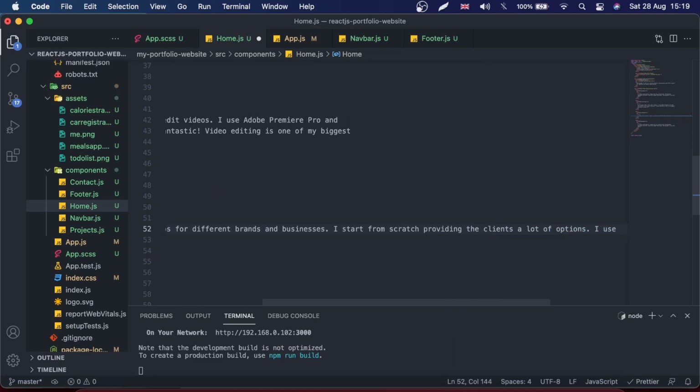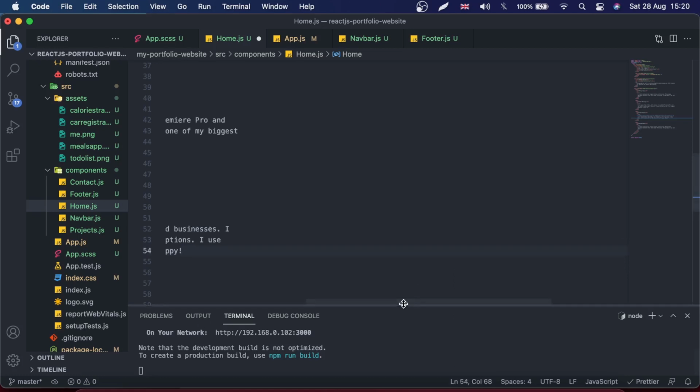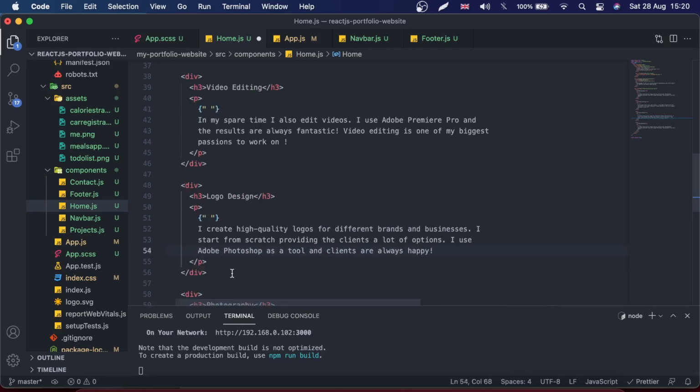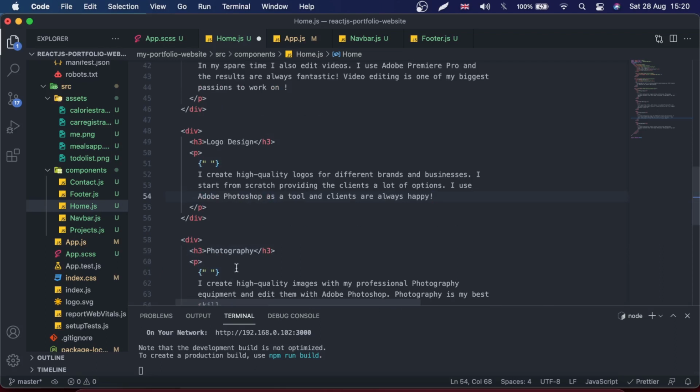I use Adobe Photoshop as a tool, and clients are always happy. Wow, what a long text. So let's save, let's make this prettier, and for the last one, we can say